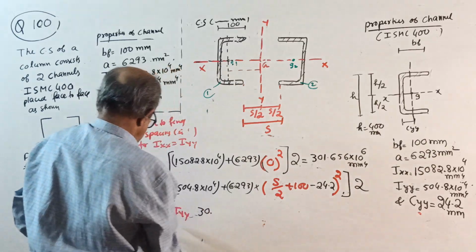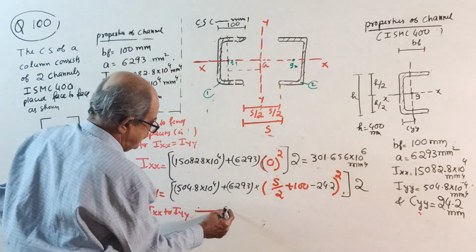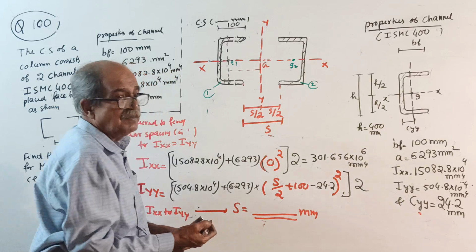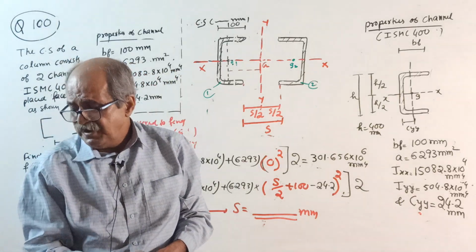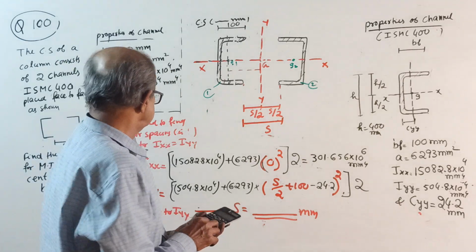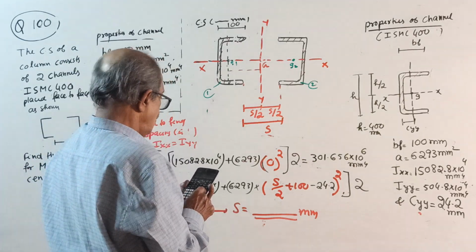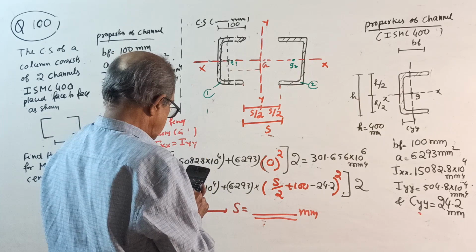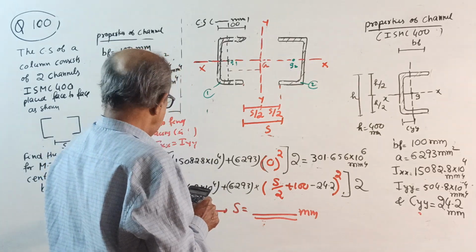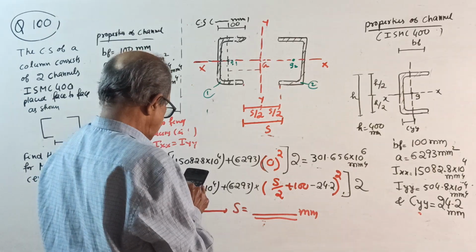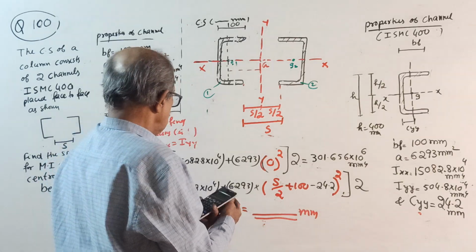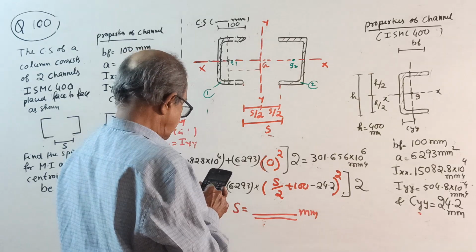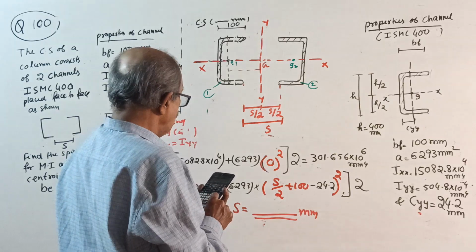Now equate IXX to IYY. You do it, get the spacing S. The same answer will not come, a different answer will come, because the spacing arrangement is changed. I will give the answer for you. How much is it? 301.656 10 to the power 6 minus the other one, 504.8 10 to the power 4 into 2, into 2, divided by 6293, divided by 2,